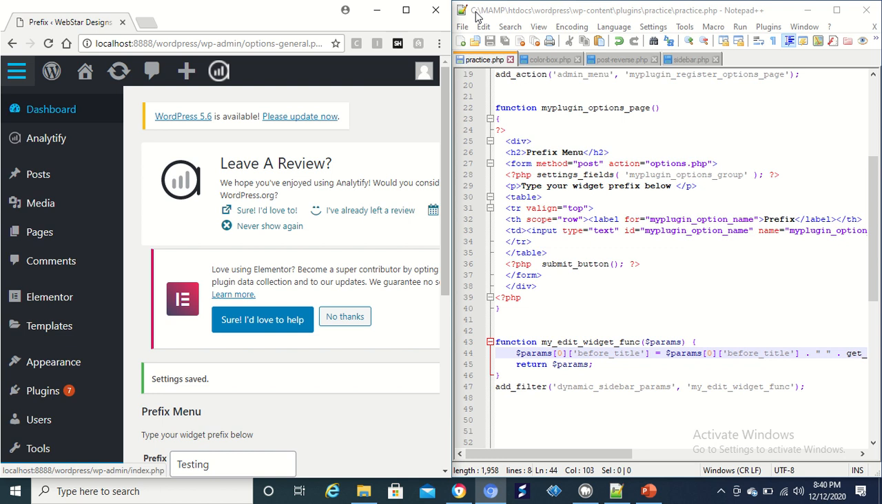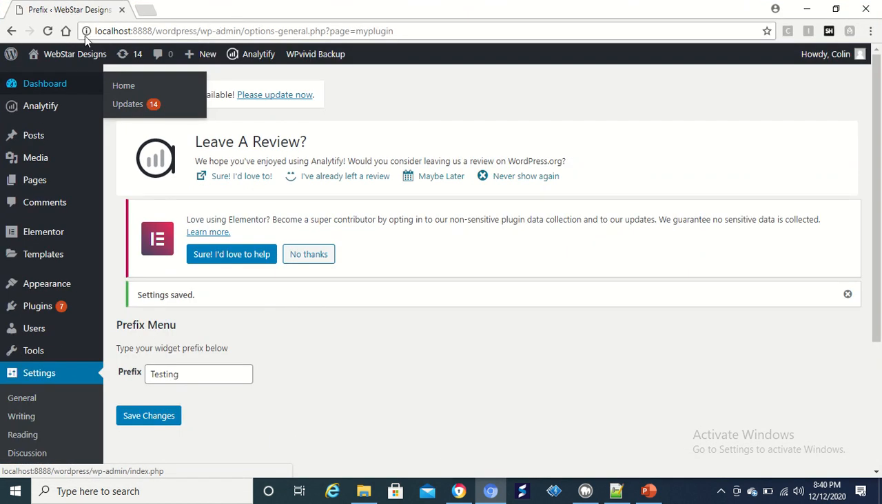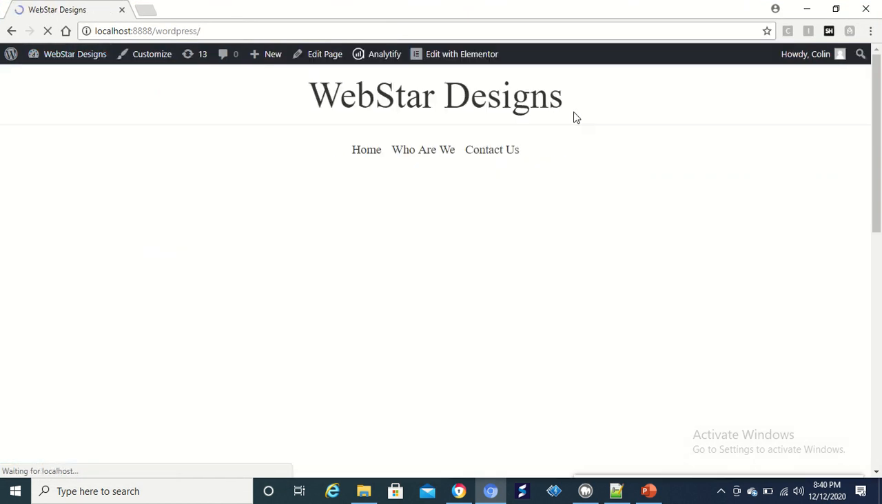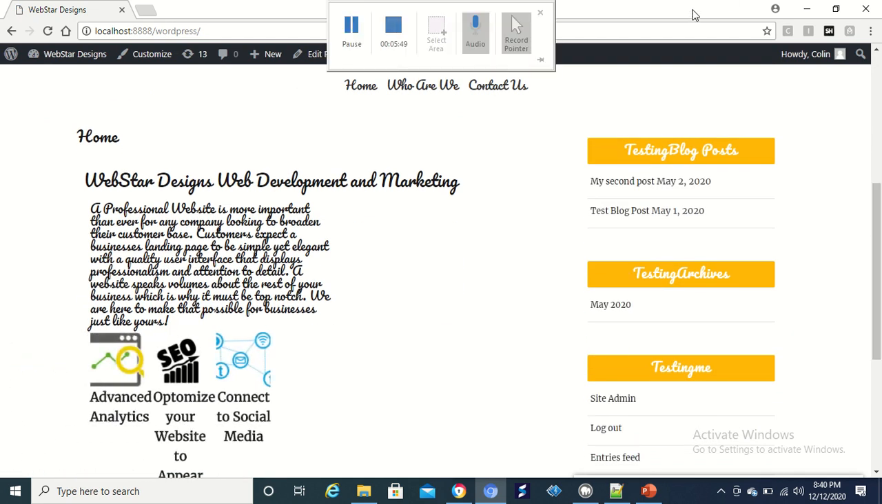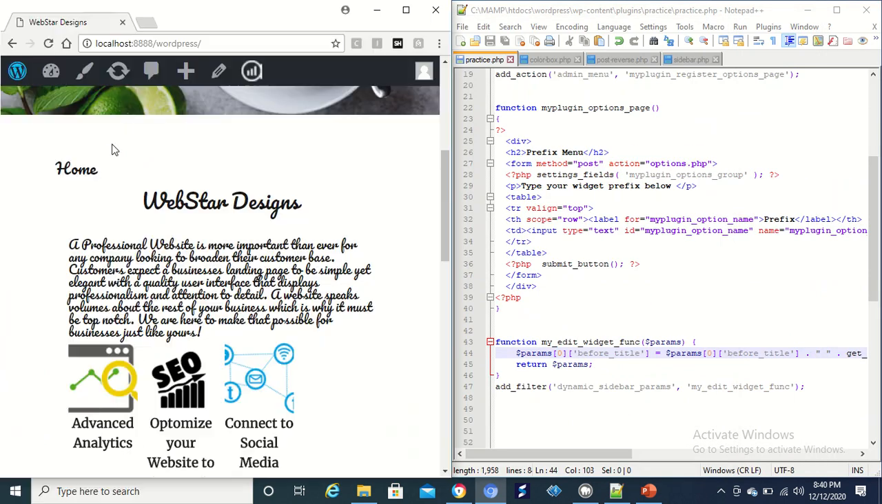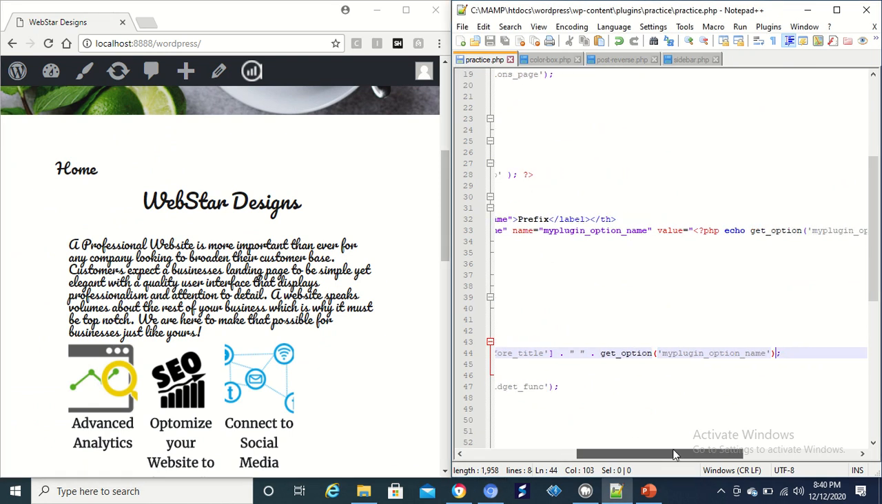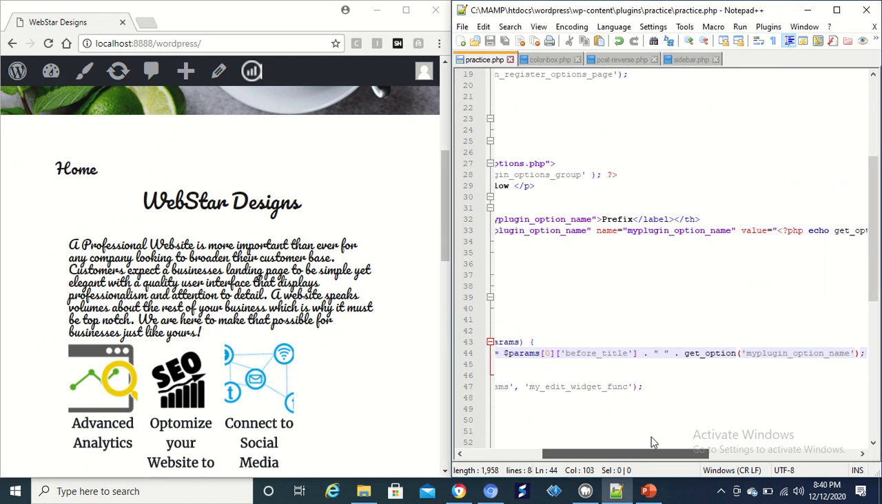I think it's that home button. There we go. So let's see. Testing. So that's what we want. It looks like it's working. So what we should probably do, there should be a space. Oh wait, we need to add another space. So